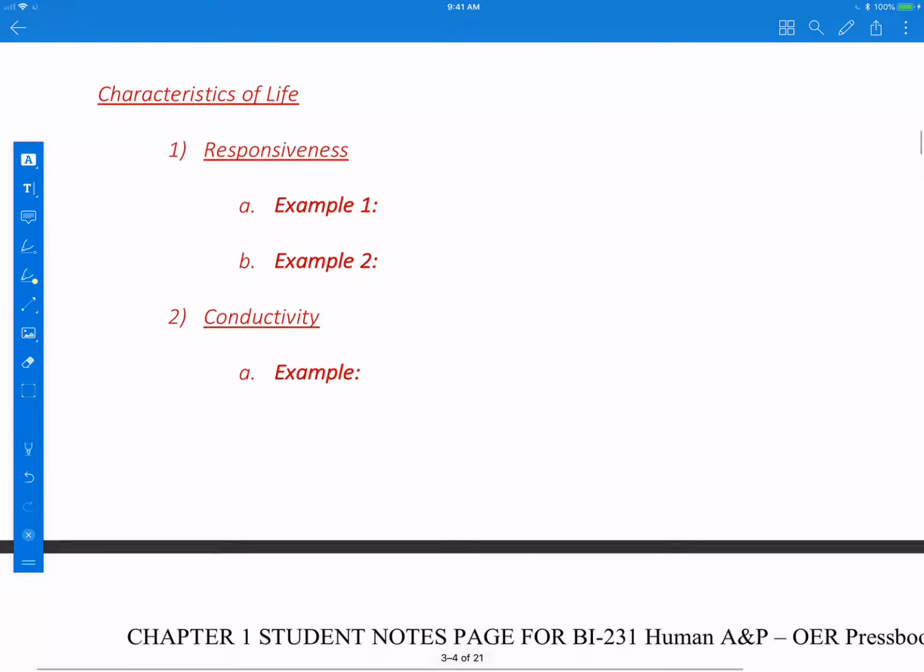Okay, so there are about 10 characteristics of life. In other words, things that are alive display these characteristics. One of them is responsiveness. As humans, we have the ability to sense and monitor and respond to changes outside our body and changes inside our body. That's responsiveness. An example of responding to something outside your body is if you touch a hot stove, you immediately